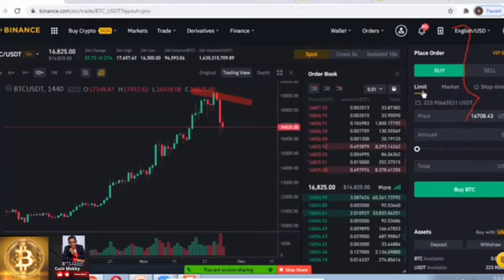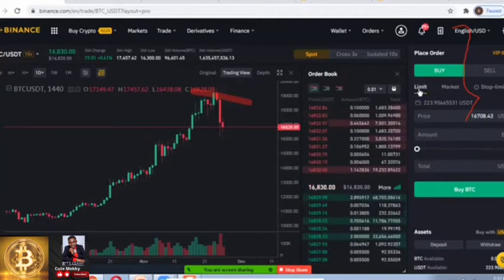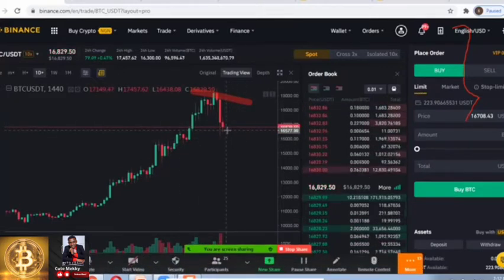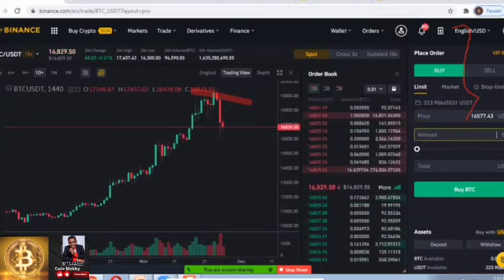Now, when it comes to limit order, remember this price, when you buy, you are being given at the market price, which is this price. This price you are seeing here is the market price. So if you click buy here, you'll be given at this price here. Now, if you are using a limit order, let's say you believe Bitcoin will come to this price, which is 16,577. So I can go here and click 16,577. I'm saying at this price is where I want to buy,